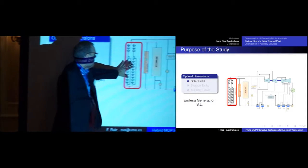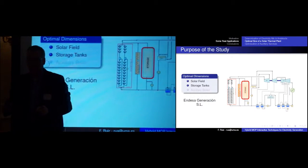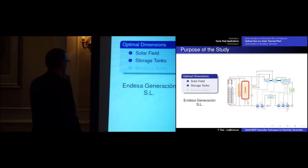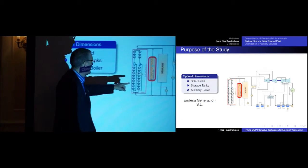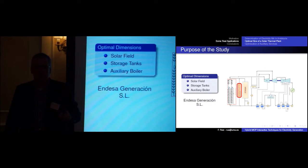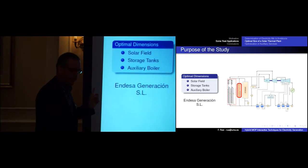But this steam, if we produce more than we need, we can store it. And we have big tanks there, or we can use tanks to store this remaining steam. And still, we can also use an auxiliary boiler that uses traditional fuels. In this case, it was an oil boiler, so that